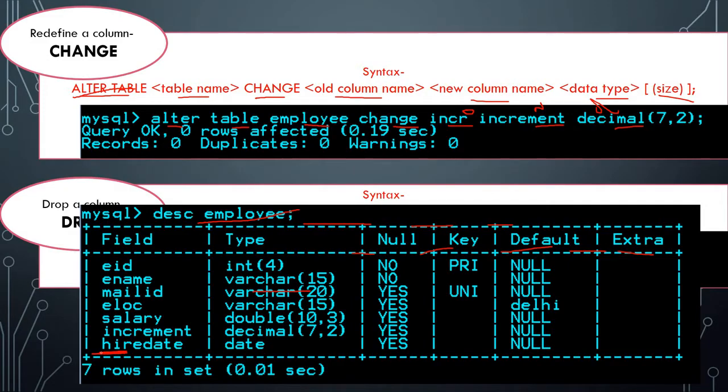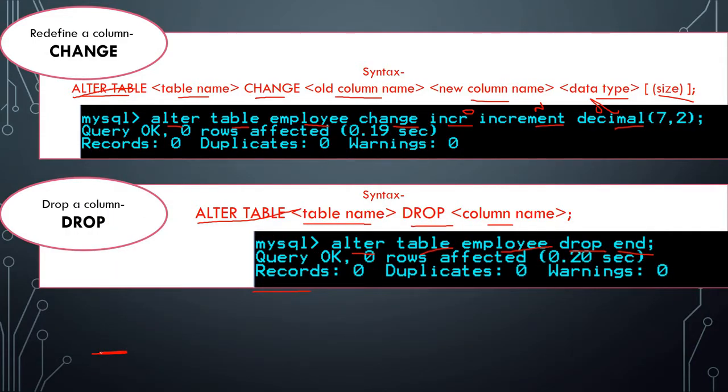So till now we learned about the alter command, in which we have 4 different words. One is add, which is used to add a column to the table structure. Then we have modify, which is used to redefine a column. You can say to add a constraint, to change the data type, to add an order to it, on different things. The next one is change. In change, we change the name of the column from the old one to the new one with its data type. Next we have drop, which is used to remove a column from a table schema. So these are the changes which we are making on the structure of the table.